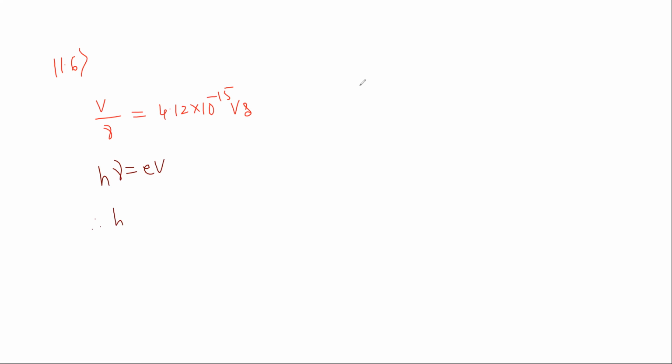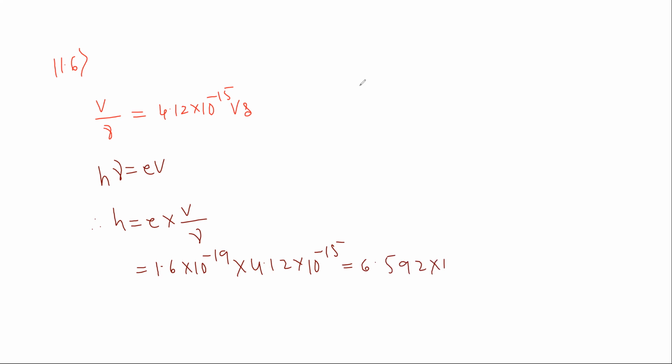Therefore h is calculated using the formula E into V divided by nu. E value is 1.6 into 10 to the power of minus 19, into 4.12 into 10 to the power of minus 15. After simplification we got 6.592 into 10 to the power of minus 34 joule second. Therefore the value of Planck's constant is 6.592 into 10 to the power of minus 34 joule second. So next we shall solve